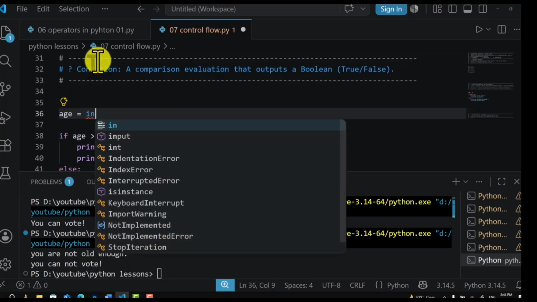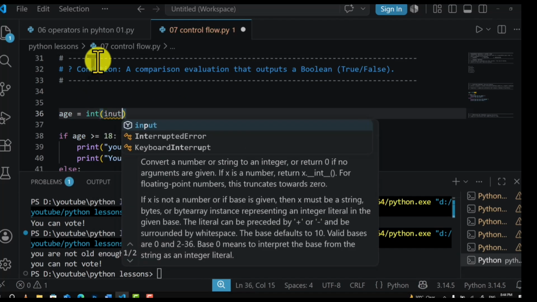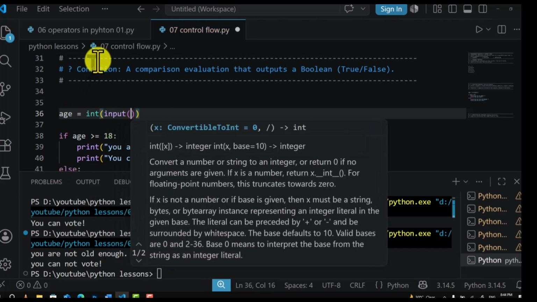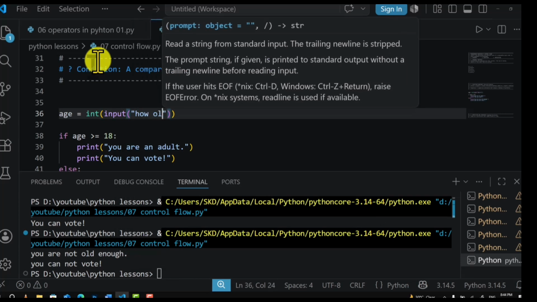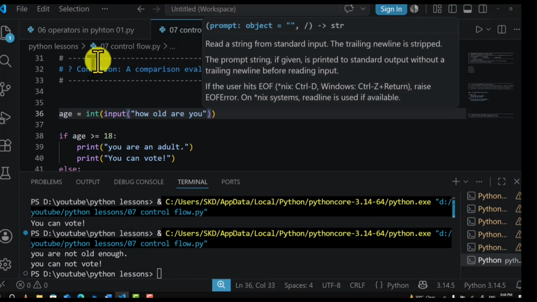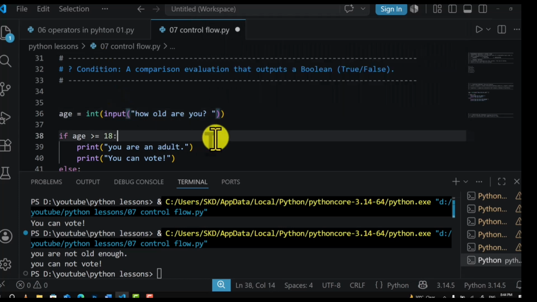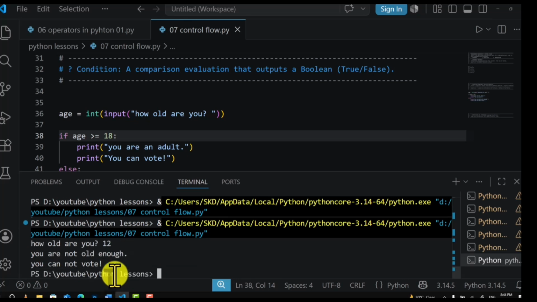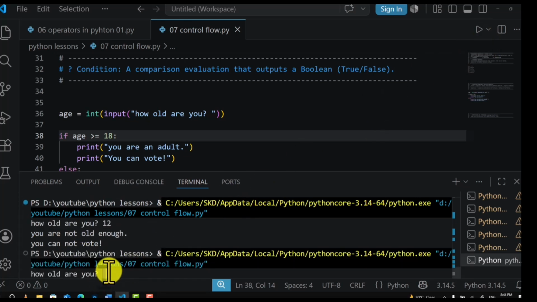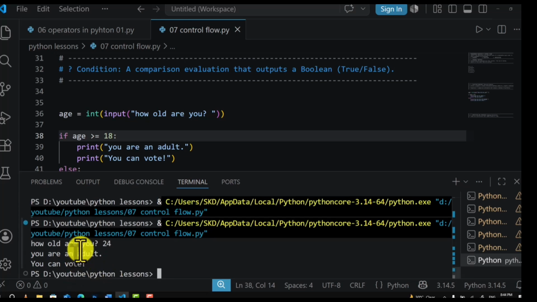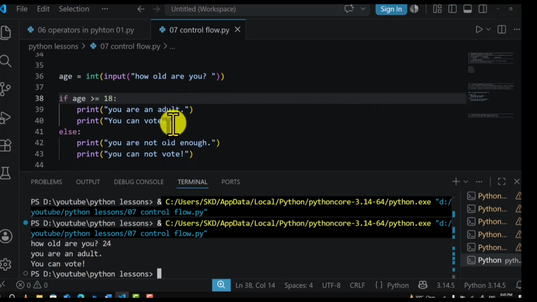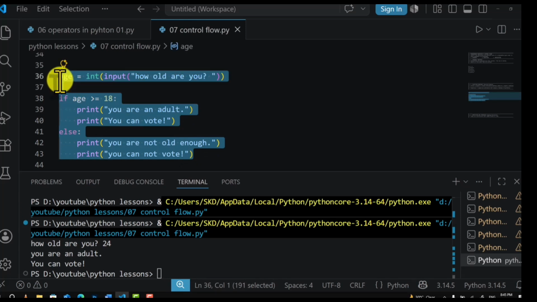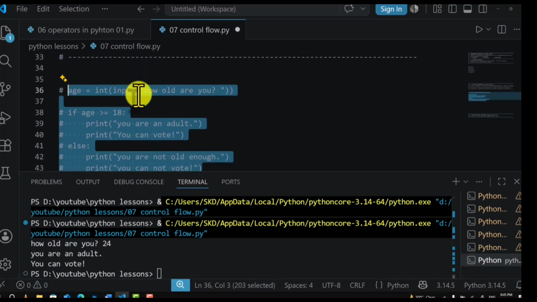Or you can simply take an input: int input, how old are you. That is just the question. If I run this and write there, for example, 12 and execute that: you are not old enough and you cannot vote. If I run that again and write here 24: you are an adult and you can vote. So this is the selection construct or selection control structure, where based on a condition